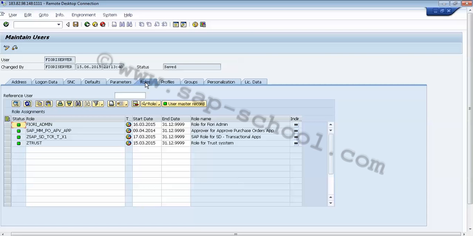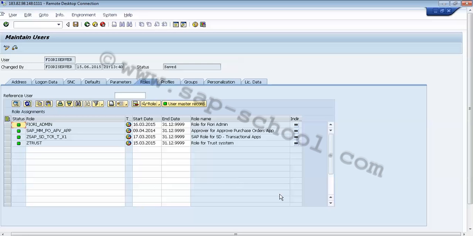and we can see that there are certain roles which are assigned to my Fiori server. Depending on the system and the users we can see different roles. So the assigned roles will be checked in this SU01 transaction. Now the same user must exist in my front-end system as well.